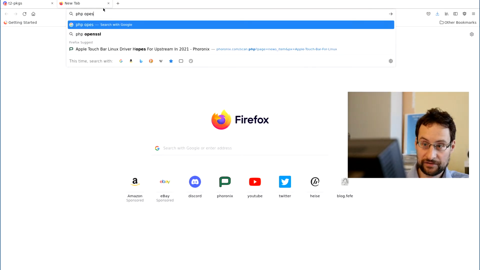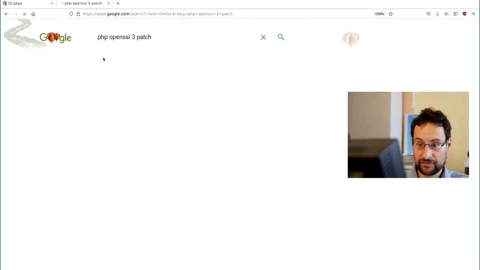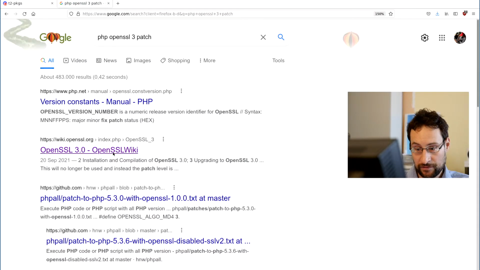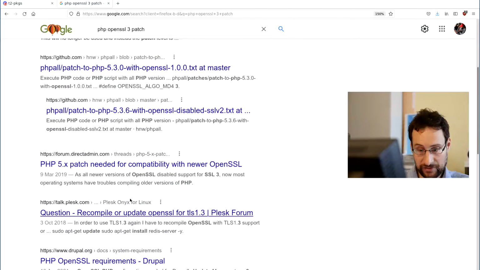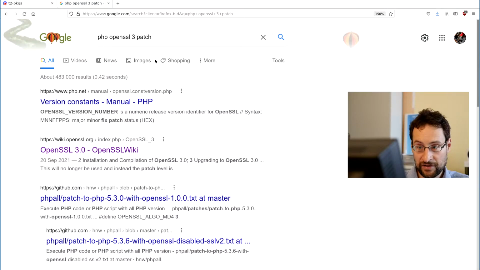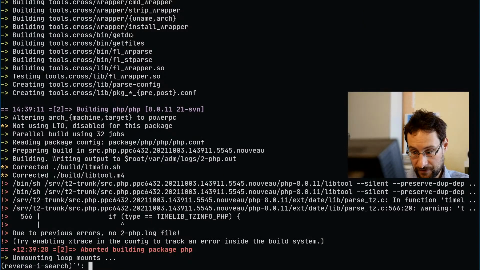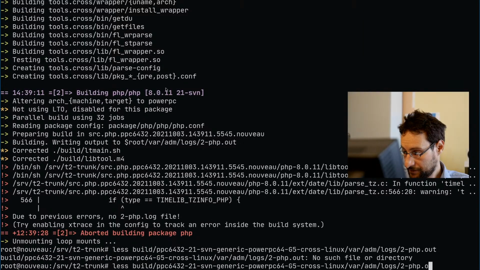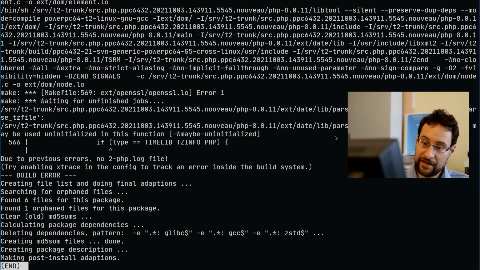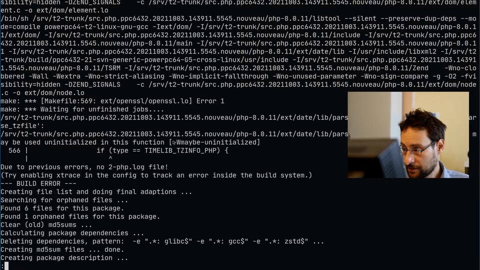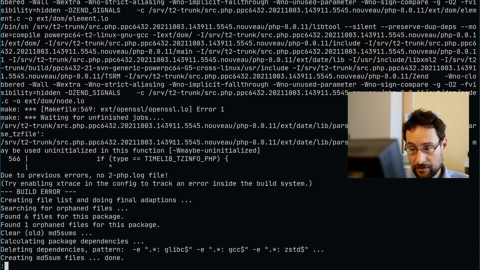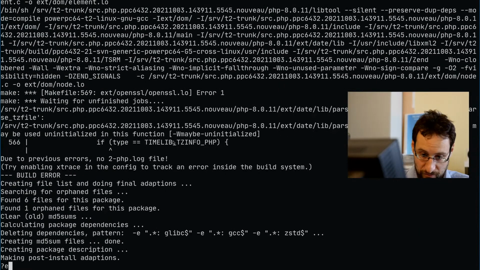PHP OpenSSL 3 patch. Let's see if we can Google here, patch P53. Oh, this is totally old stuff. So yeah, also your Google search, totally amazing, right? This is PHP 8 also, but yeah, of course they didn't fix that. This is always, what if PHP would be my, or is this still OpenSSL? It looks like it's still, right? Parse T, also this is parse time zone, what, in timelib? Wait a second, oh, but no, this is just a warning.